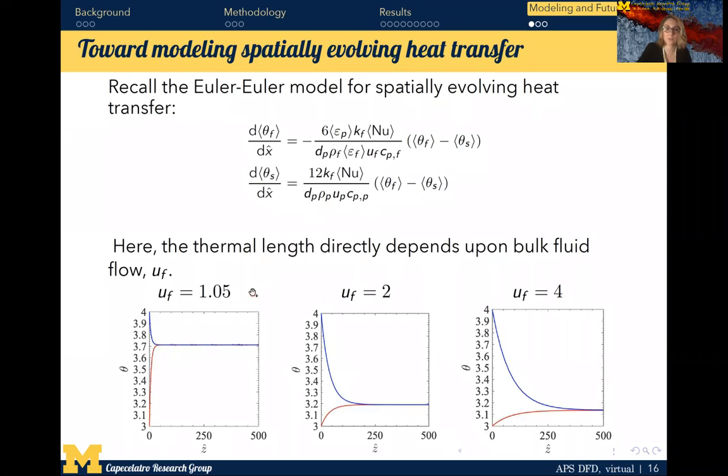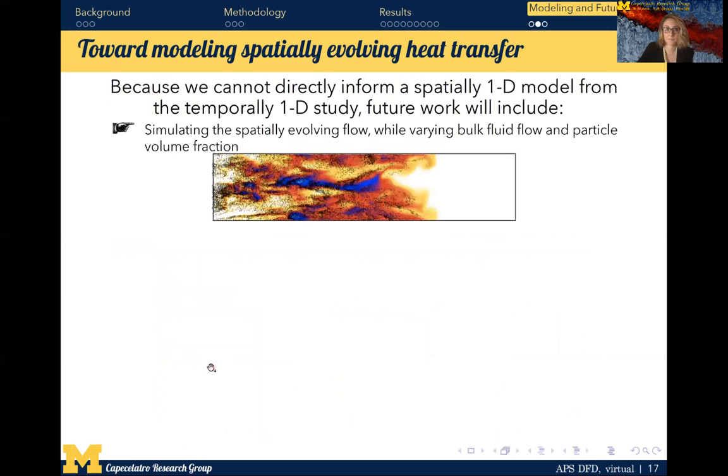So if we look at realizations of these ODEs that maintain the same slip between the phases but have a different bulk fluid flow or a different Peclet number, we can see that the thermal length and the thermal behavior of each of these systems is quite drastically different. So because we can't directly inform a spatially 1D model from the temporal 1D study, our future work includes simulating the spatially evolving flow using the 2-step approach that I explained earlier, while varying bulk fluid flow and the particle volume fraction,